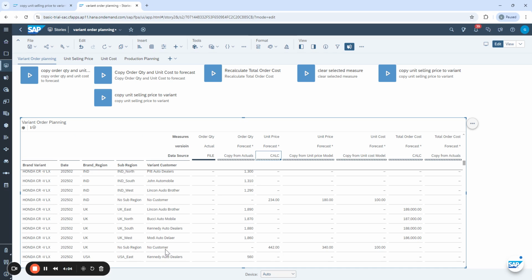No sub region, no customer. The only difference is between order quantity and unit price: order quantity has the customers, whereas unit price does not have the region and customer. I mean, not having region and customer in the sense that it is just one line item only, right? No sub region and no customer we are having. Whereas for the order quantity, we have four line items based on the region and customer. So we need to build one script to calculate the total order revenue. Let us go and build